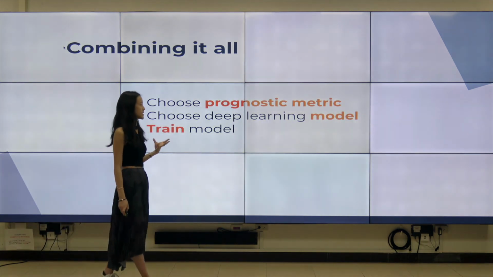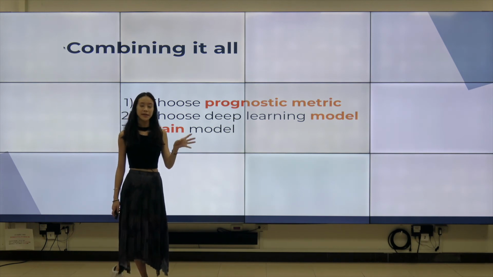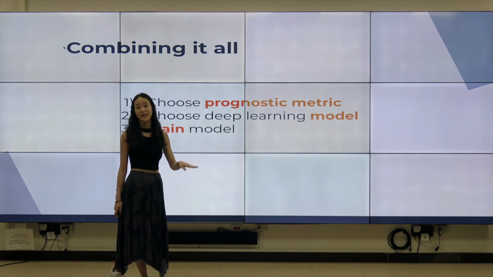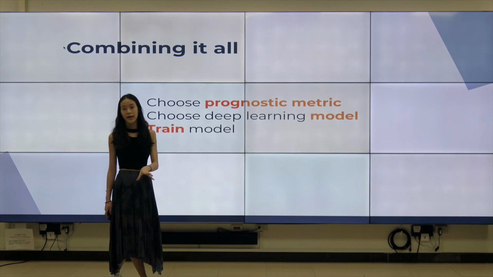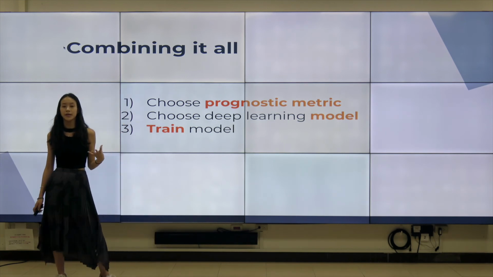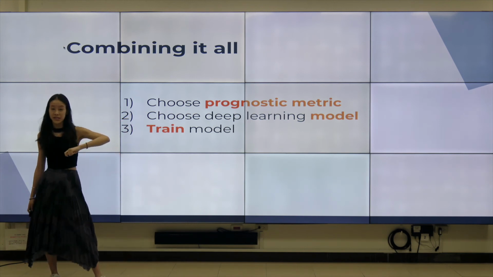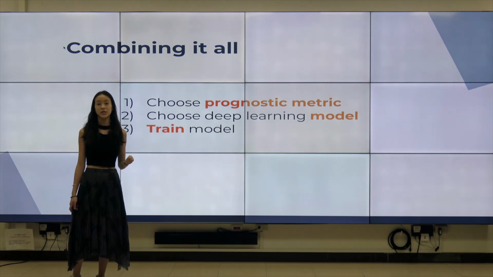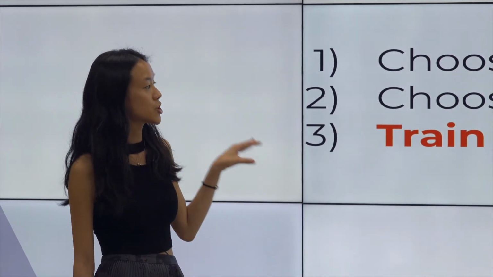So combining all the things that I talked about before, as I said, we're not going to go into too much depth in terms of the AI or the deep learning aspect of prognosis, but exactly how medical imaging can be applied, or how MRI scans or medical imaging in general can be applied to prognosis, how we can speed up that process or change the entire process. First of all, we're going to choose that prognostic metric. In our case, as we talked about today, we can do the BMV, or we can look at the tumor features, extract those features, and then identify. And after choosing our prognostic metric, we can choose our deep learning models.